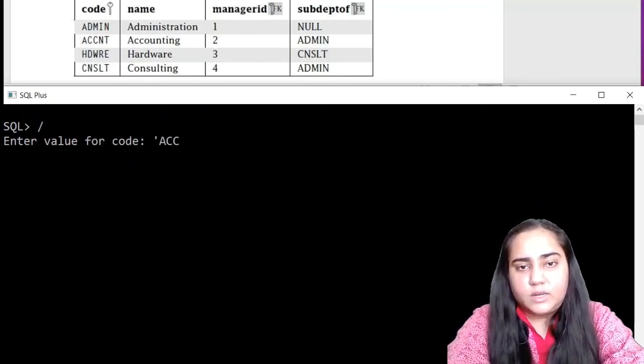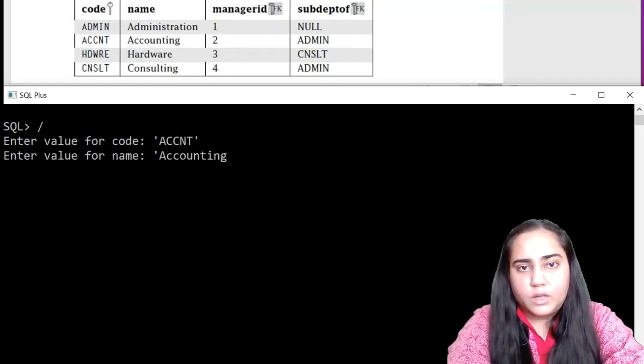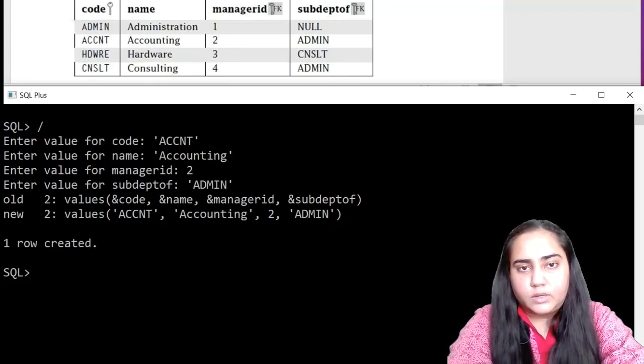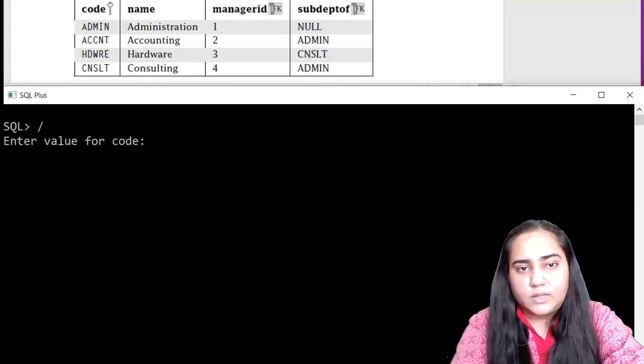So this time it is ACCNT. And then we have accounting as the name of the department. And manager ID is 2. And admin is the sub-department. And again, another row created. Hit / and let's insert the next row, which is